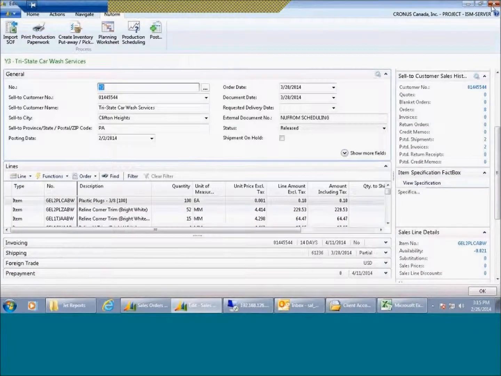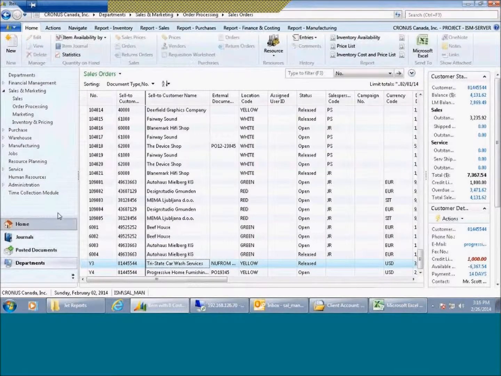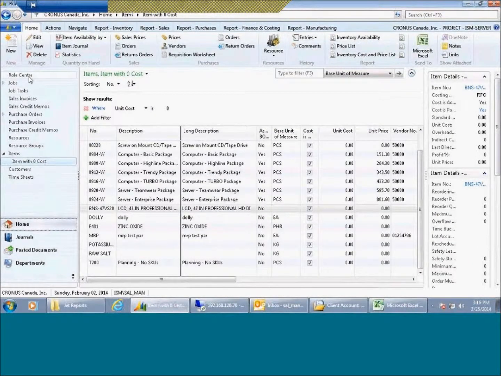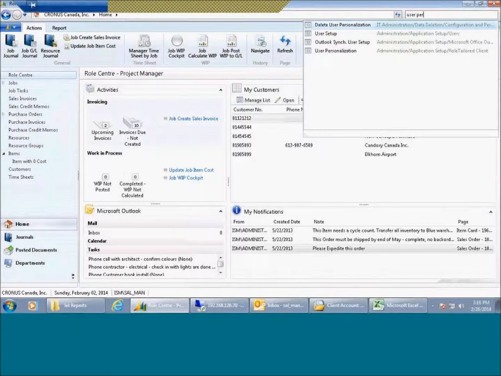The other aspect of this is that you don't necessarily have to start from scratch. Microsoft provides over 32 different role centers. So what's a role center? Let's take a look at, right now this is a role center for a project manager, in which I would see maybe upcoming invoices, work in process that I need to post, and a list of customers and workflow notifications. I'm going to go ahead and change this